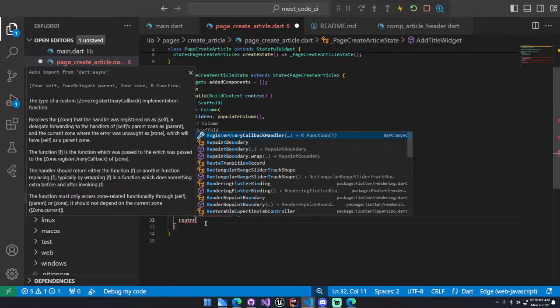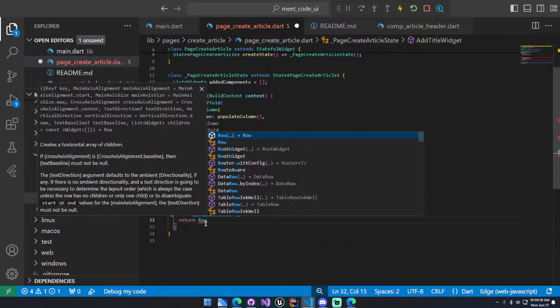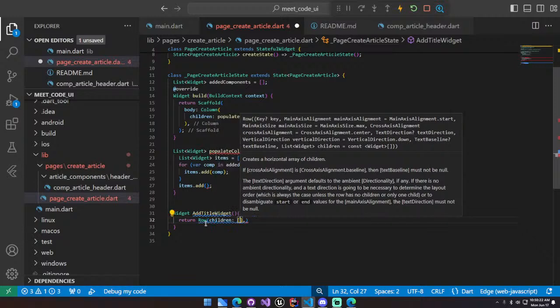Yeah, so we're going to return. I can actually write it over there, but I want to do it here. Return, what do you want to add? Return a row. You know what a row is, right? Row, and we're going to have children, and then